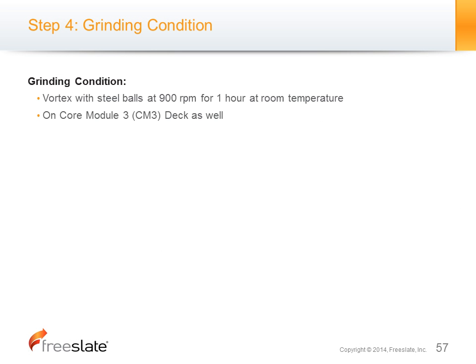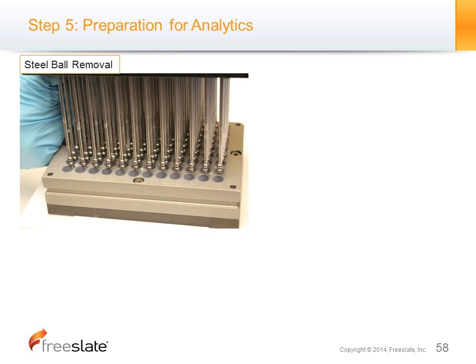So now the grinding, I don't really have a video for this, but it's a still on-deck unit, just a vortexer. You can buy one off the shelf if you want to. You vortex at 900 RPM for 1 hour at room temperature. So after it's done,